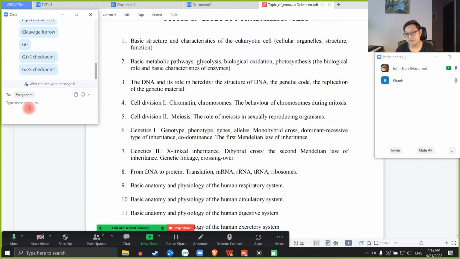Interphase can last for a very long time because of many reasons. During the cell's life, most of the cell's life is in interphase, you know. So it depends on the environment around the cells. If the environment is not favorable,